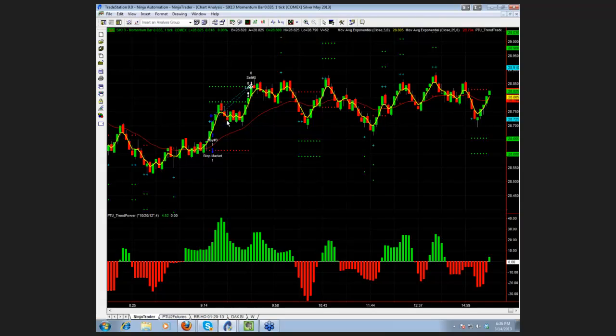So those are just 2 markets that I actually traded, took these trades live today. And this is, again, the PTU, what we call the PTU 2.0 method. And so with that, I am going to turn it over to Troy. If there are any questions on this at the end of the session, we can definitely cover that. So Troy, I'm going to turn it over to you and let you show Trend Jumper.